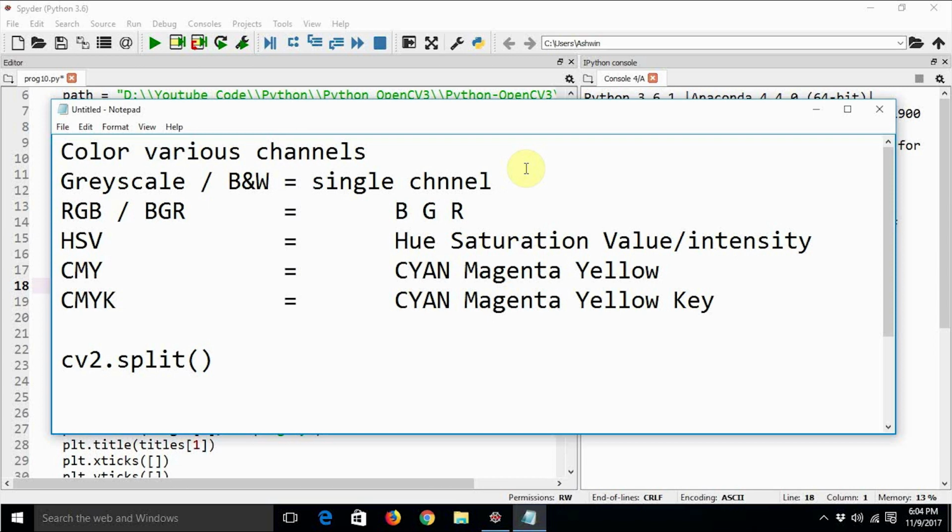The fourth color space is CMY and CMYK. C stands for cyan, M stands for magenta, and Y stands for yellow. K stands for key. If any one of you is familiar with the physical paper printing and publishing process, then you might know this color space very well, because the printing industry uses it.